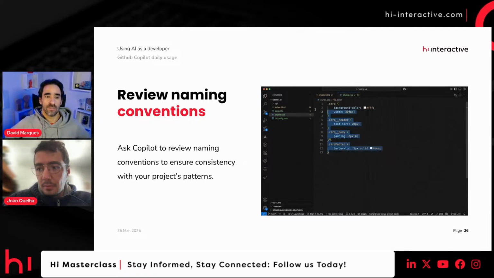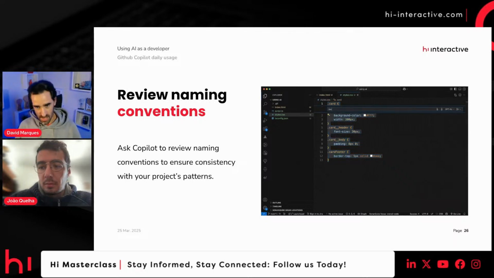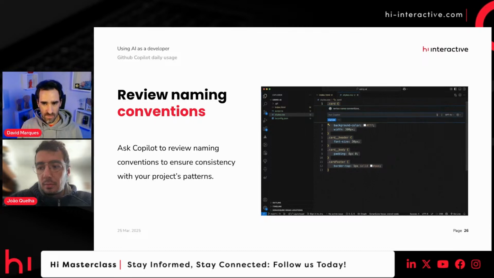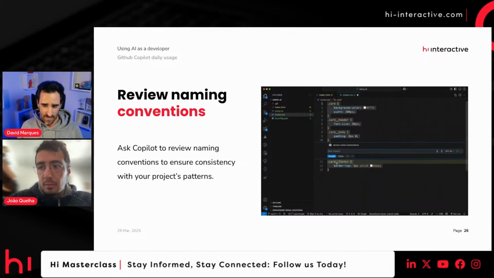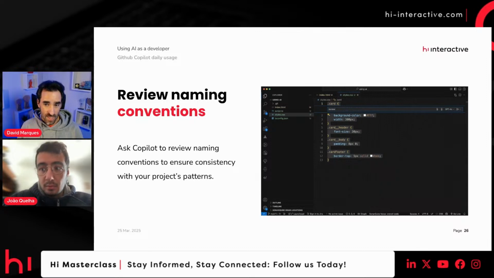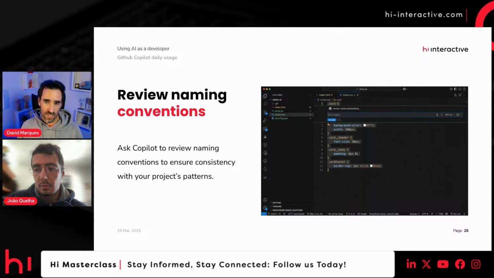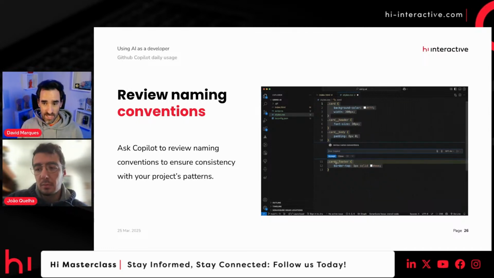Review naming conventions. One of my tasks is code review. In this example, I use CSS BEM, and in the last CSS class, as you can see, I have card footer, but this card footer follows camel case, not CSS BEM. I asked Copilot to review my code following the naming conventions. It understands the pattern.